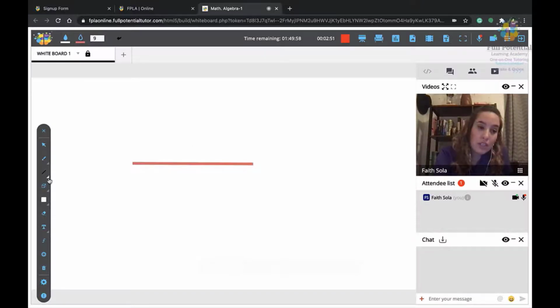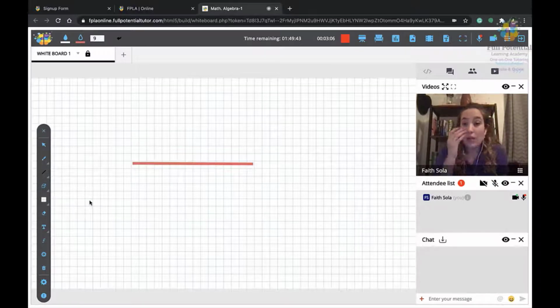Here you could probably see a tiny little triangle, and that's because we have other functions within this tool, such as an arrow tool and an elbow connector. Again, this is probably most likely used for math, and I could even add a grid in the background here, and we can change this into a math problem. Okay,